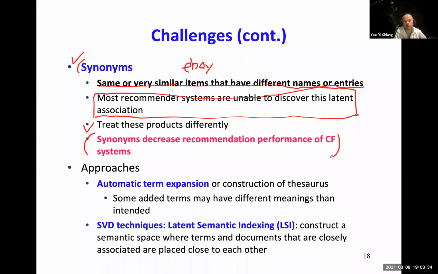Even if they are combined into one item, it's already difficult to find correlated items or correlated users. Now you're splitting one item into several items. It's difficult to even find the correlated items or correlated users. So approaches: we can do automatic term expansion or construct some thesaurus to say, hey, these two items are the same, but some added terms may have very different meanings than intended, so it's actually pretty tricky to do this. You can also use the SVD technique, this latent semantic indexing, like we said before,